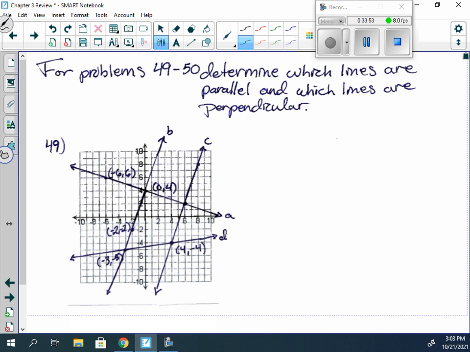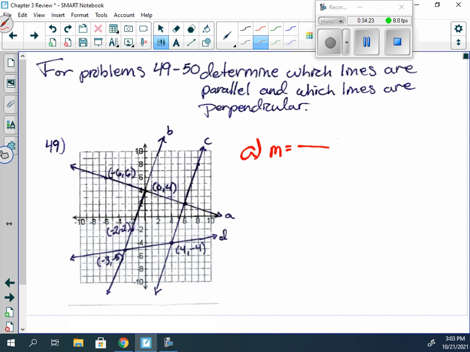And that brings us to the last one here, 49 and 50. Is there one of these 2 that y'all would want to look at? 49. Thank you. 49. What we're wanting to do is we need to find the slope of all 4 lines. And once we find the slope of all 4 lines, then we can determine which ones are parallel and which ones are perpendicular. So if we start off with line A,